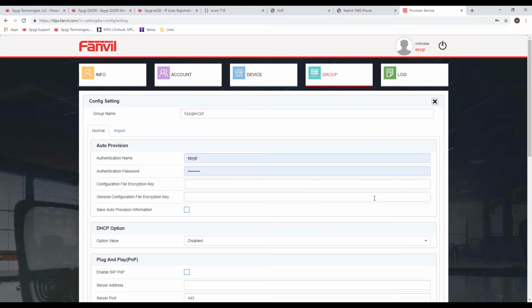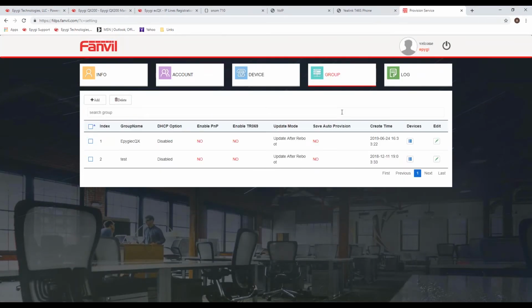All right, I did test this out yesterday just to make sure this was going to go as planned, so kind of minimize the risk there a little bit. All right, so the phone is up. Let's just go back to the phone, and we're going to continue with the provisioning server here momentarily. But first thing I want to do